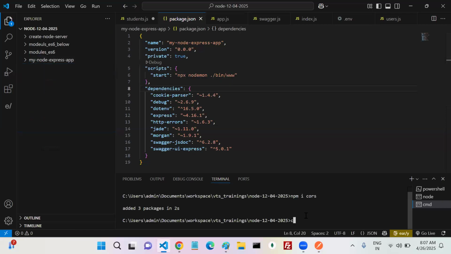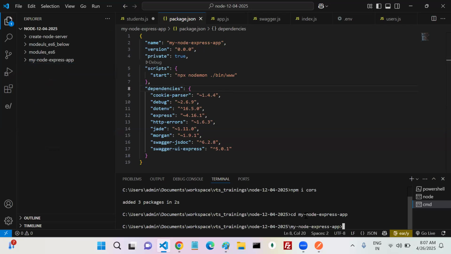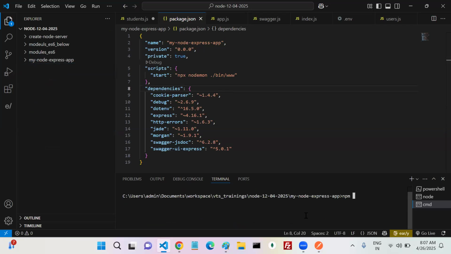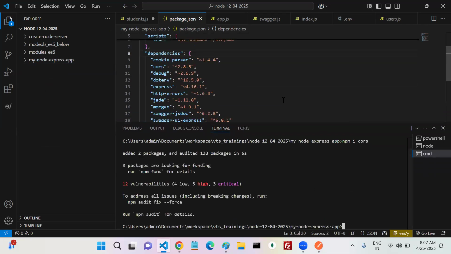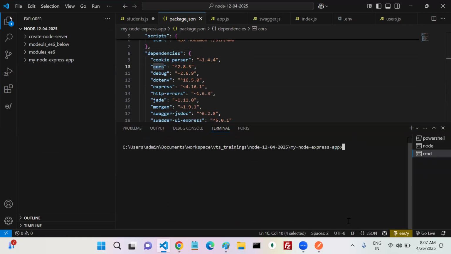Let's go to my node express app. npm install cors is the one. Now my cors is okay to handle and accept cross-origin requests. Cors, you can get it. Now if you come here,